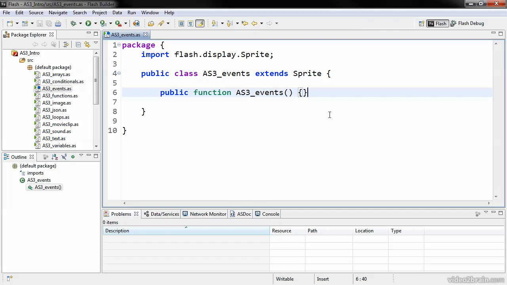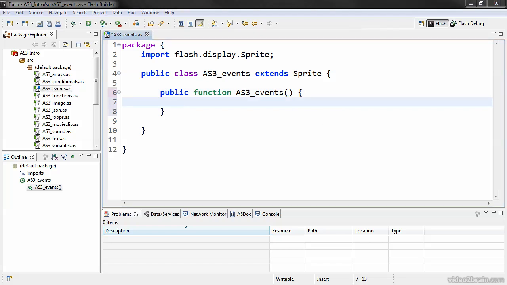What we're going to want to do is, in this case, set this up to listen for mouse events, specifically click events from the mouse. And based upon the X and Y position of the cursor, we'll trace out those numbers in the console window. So to do this, in our constructor function, we're going to add an event listener to the